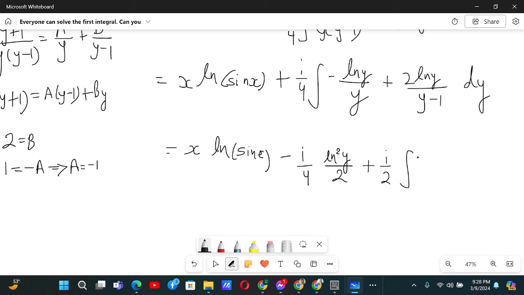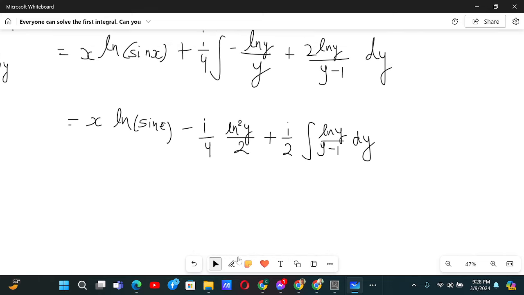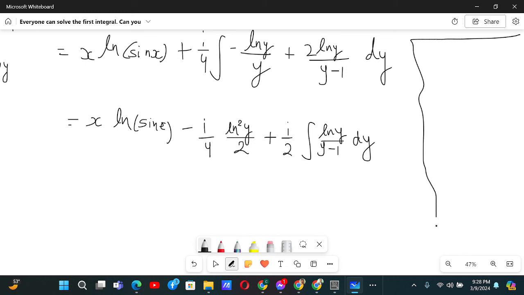Oh, okay, so we have ln y by y minus 1, dy. Now how do we deal with this? Okay, so for this one, there's a common approach. If we have ln y by 1 minus y, what we can basically do most of the time is,